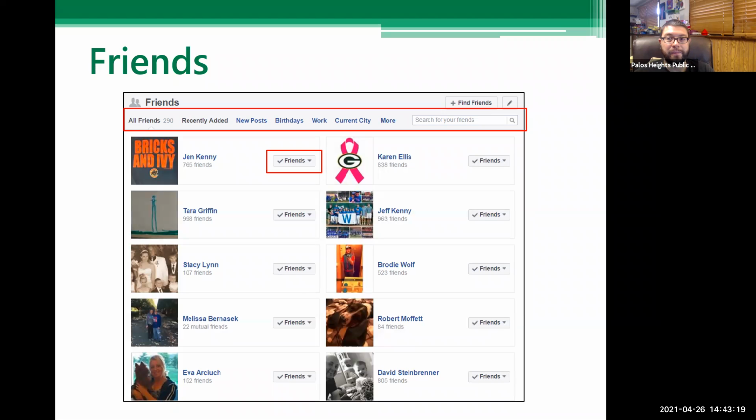And yeah, that is basically it. There's some other options up there along the top. It'll show you upcoming birthdays if you want, and you can search through it and all that kind of stuff. So just experiment with that.